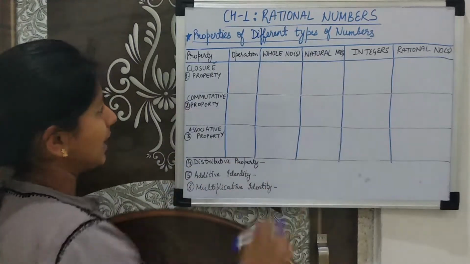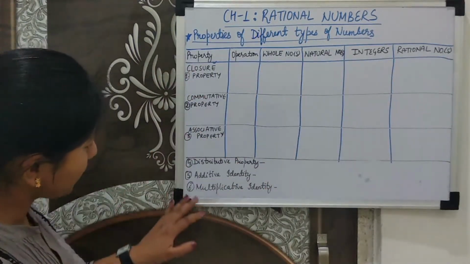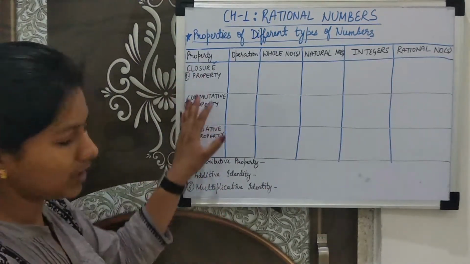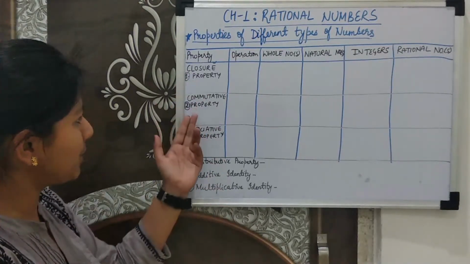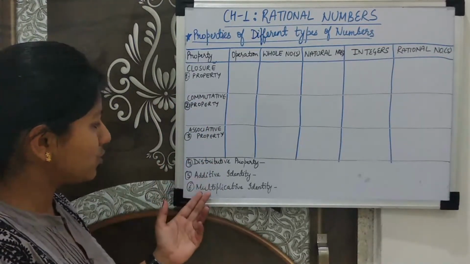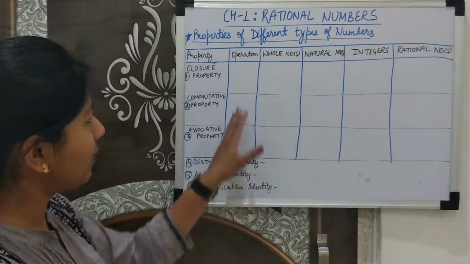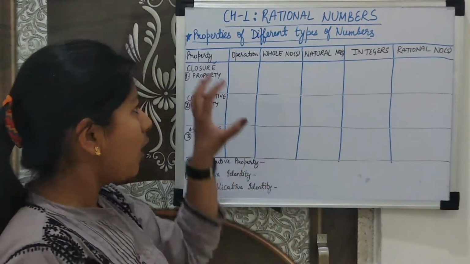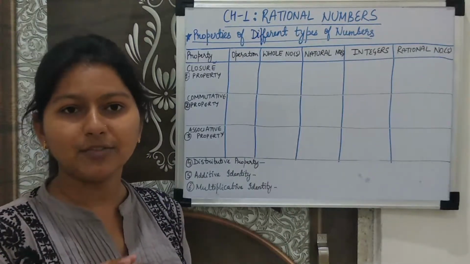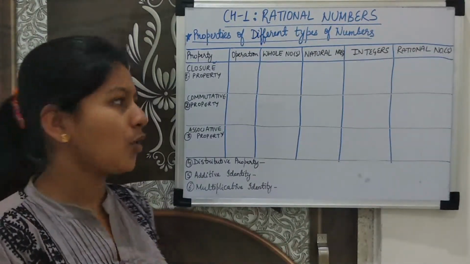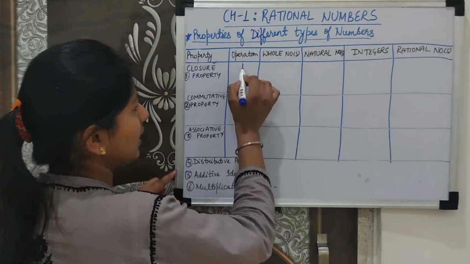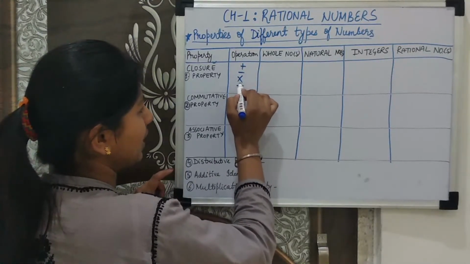So I have made a table. You can see here I have written in a vertical column all the 6 properties: closure property, commutative property, associative property and so on. Similarly, in the second column I have written operation. All the properties we have to check mainly for 4 basic operations in all the cases: plus, minus, multiply and